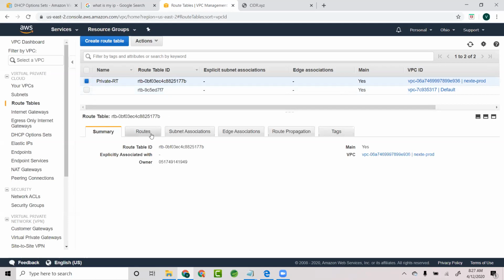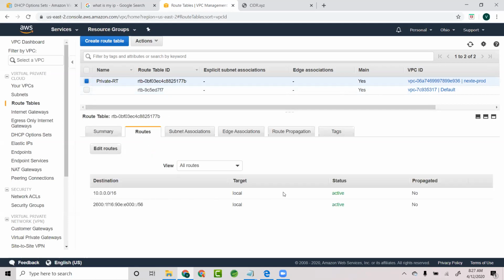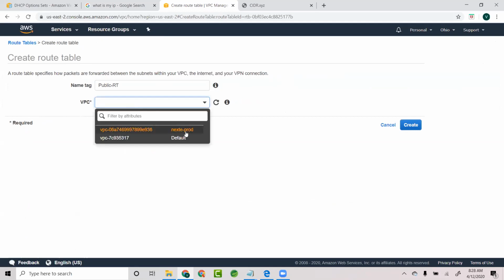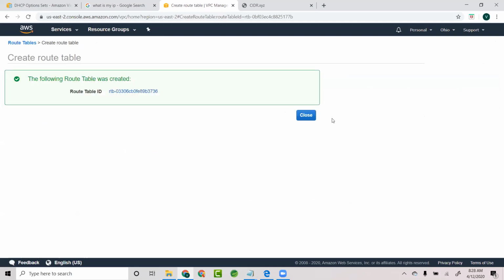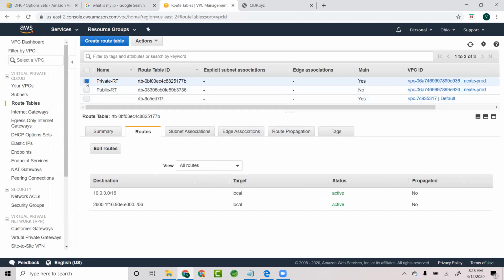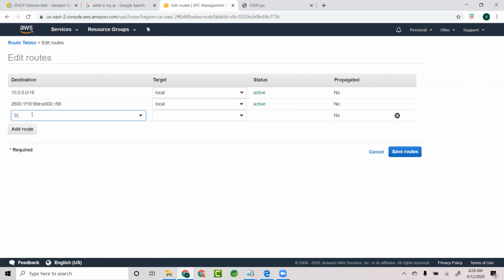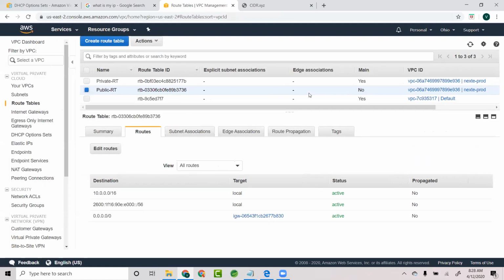Okay. So it just has IPv4 local, only local traffic. Let's go ahead and create a new one. We'll call it public route table. My new VPC. Go ahead and do that, and let's make it really public. How do we make it really public? By making it go through the internet gateway. There you go. We attached the internet gateway to that, so we created a VPC internet gateway to